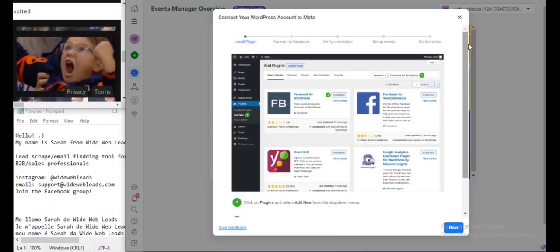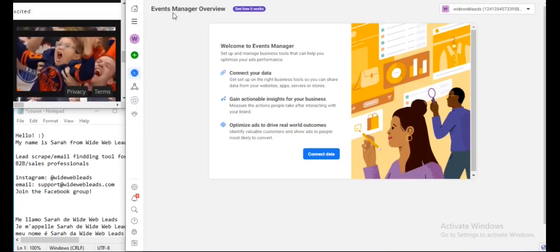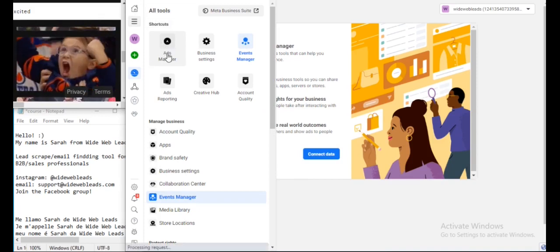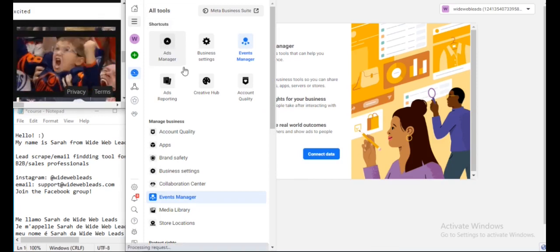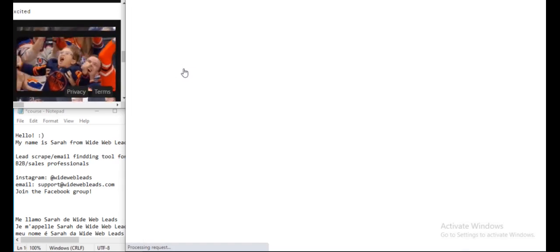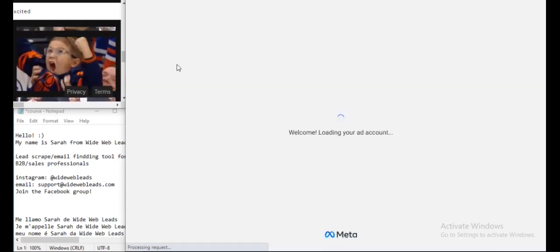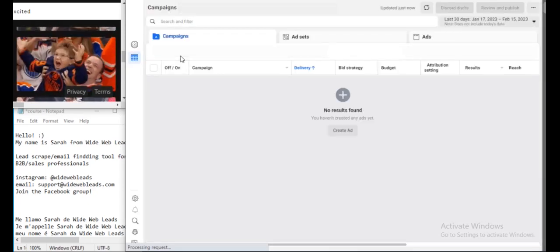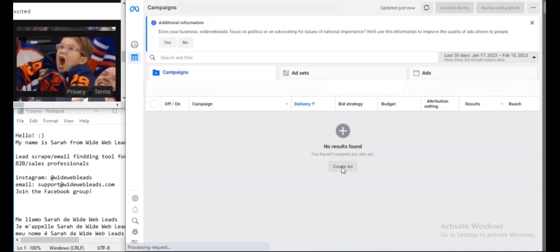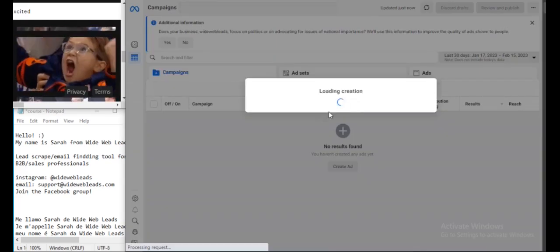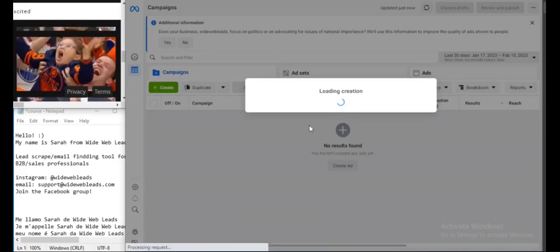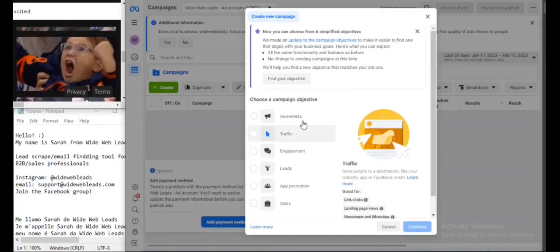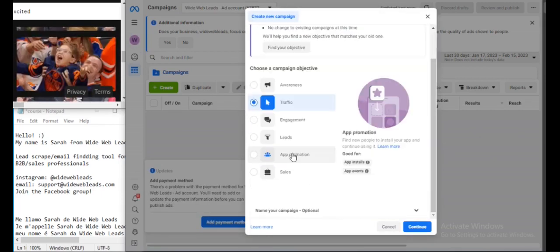And the next step would be to go here, go to Ads Manager. And this is how to create a retargeting ad, by the way. You then click Create an Ad. All right. It'll just be a traffic ad.